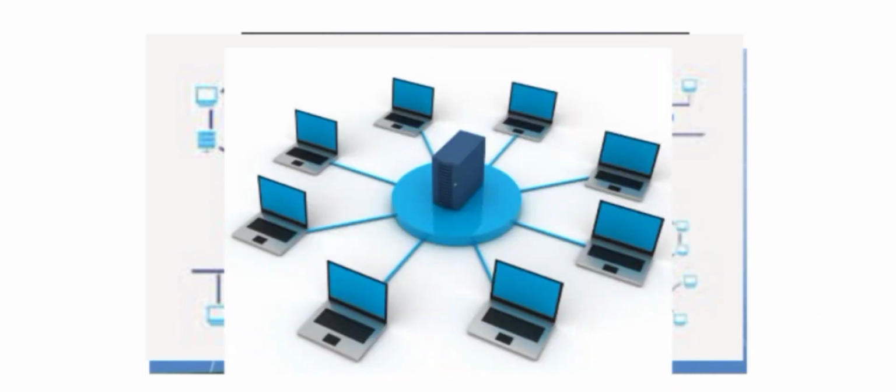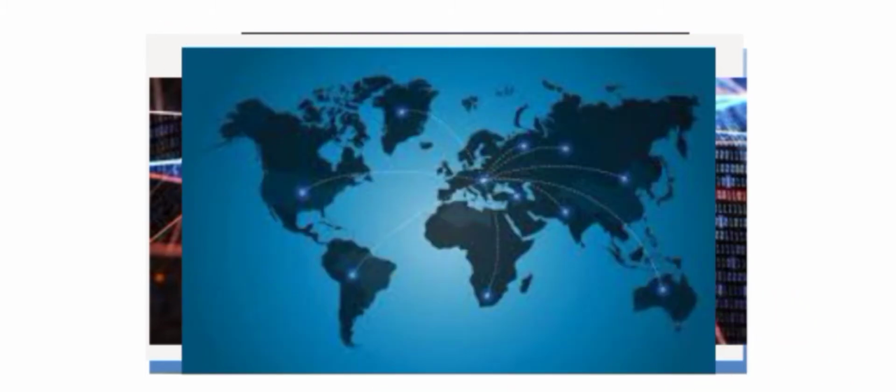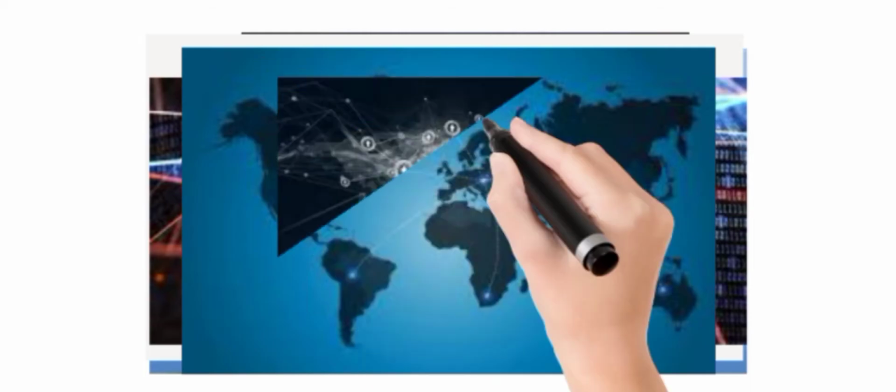Here one can get confused between the two words network and internet because in daily life we use them interchangeably. Don't get confused with internet and network. Network is a different thing and internet is different. The internet is a global network of billions of computers and other electronic devices.